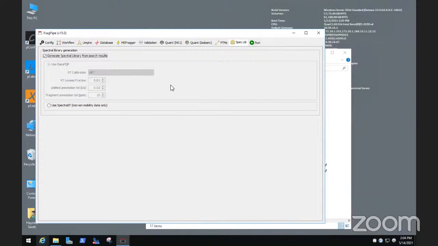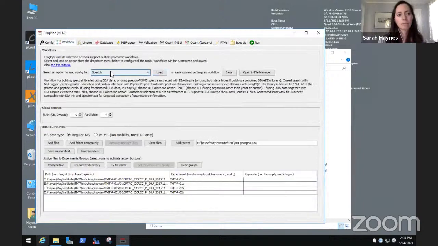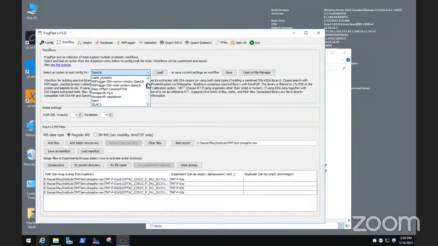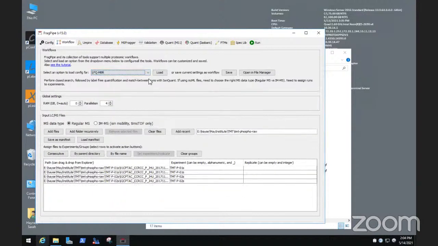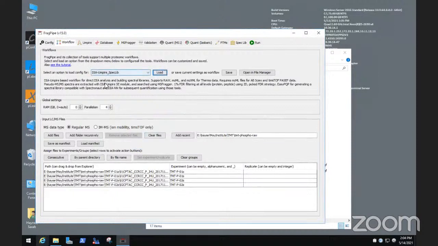If you are building a library from DIA data, direct DIA, that's where you'll select the DIA-Umpire SpecLib workflow and load that workflow. Then you select your DIA raw files, so mzML files. Again, you don't need to change anything. Everything is set for you already. If you go to the SpecLib tab,